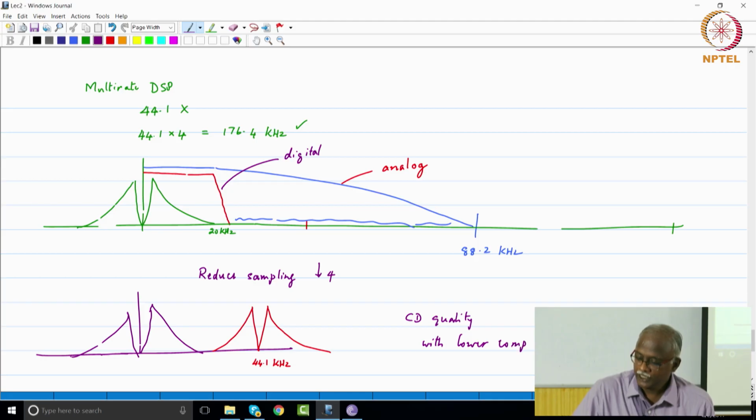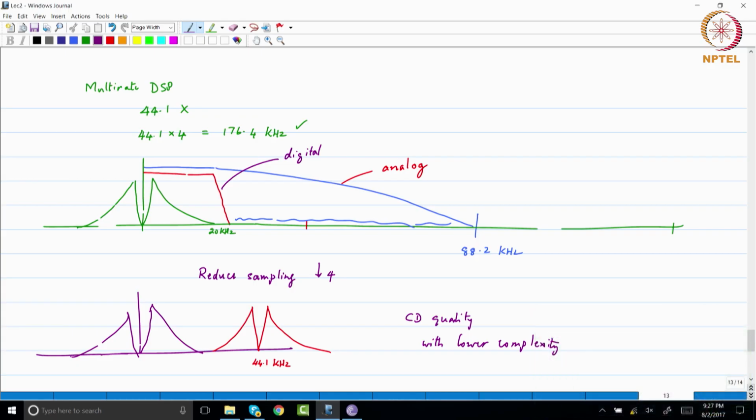So, one of the things that you will find is that analog processing of any kind is actually difficult. In the study of DSP, very often you do not even worry about the analog, you just talk about a continuous time signal. But in multirate, when we are talking about changing the sampling rate, we always have to refer back to a continuous time signal. So it is very important for us to always talk about how we go from the analog domain to the continuous time domain and then back. In this context, it is important that we have reduced the complexity of the overall process of conversion from continuous time to discrete time and in the reconstruction process.